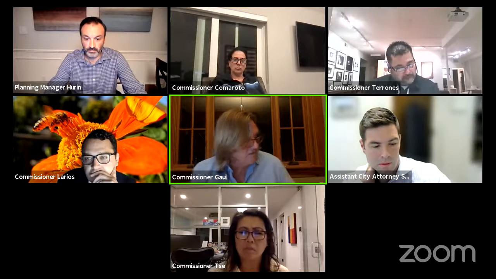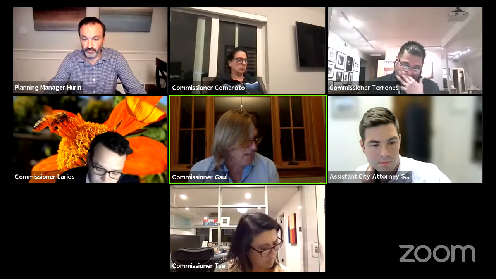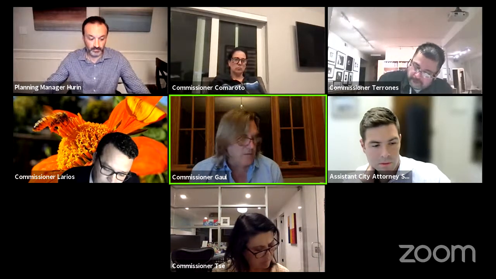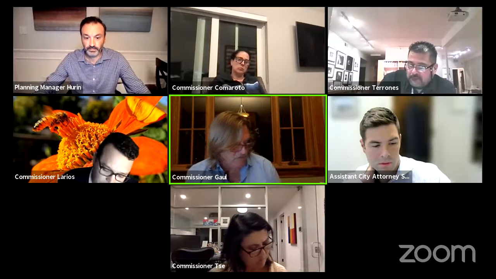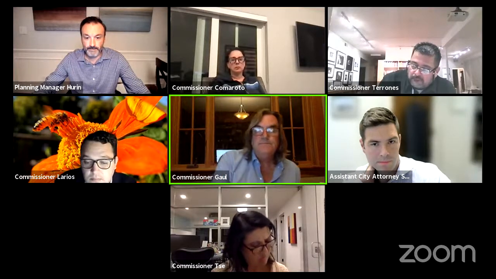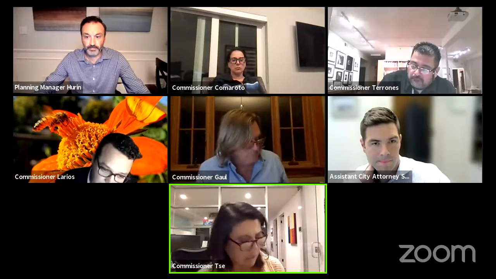As far as the design goes, I like the design. I think it sits real well, but I'm just a little concerned about the scale with the buildings to the left and to the right. So I think just a simple drawing to show the scale as it fits into the street elevation would be helpful. I think that's it. Thank you. Thank you, Commissioner Gall. Commissioner Say? Yes, thank you.